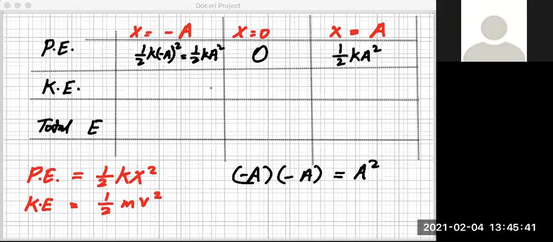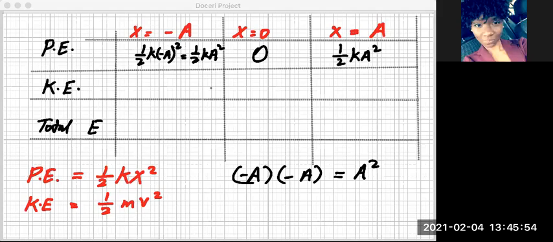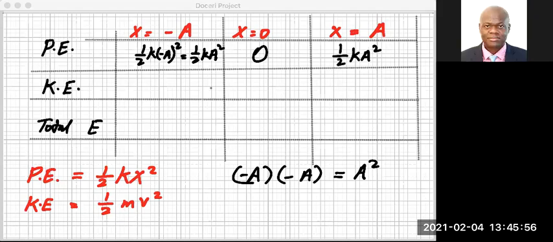Can you say it again? If something reaches the maximum displacement it can go, what is its velocity at that point? Zero, right? When you reach your destination, what is your velocity at that point? 0. Zero. If it's not zero, then that's not the max. That means you have to keep going, right? So when, for simple harmonic motion, when an object reaches the maximum on either side, it stops and then reverses